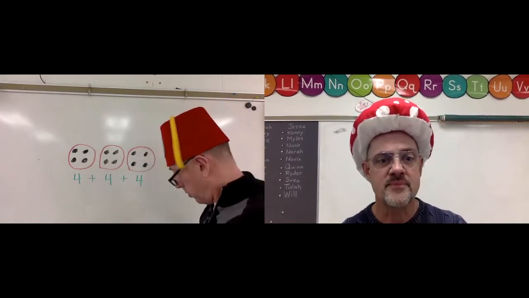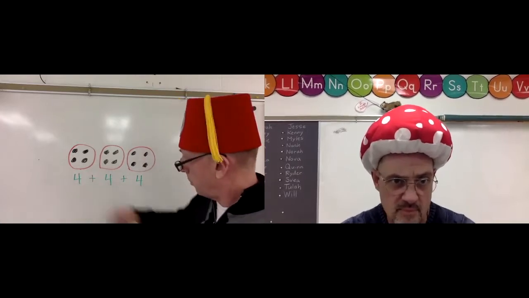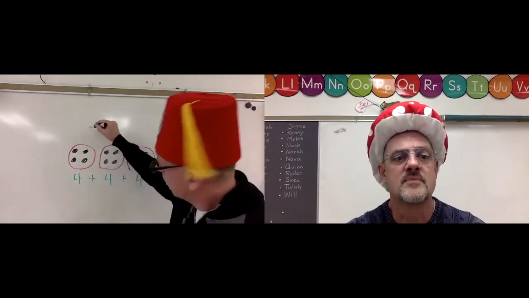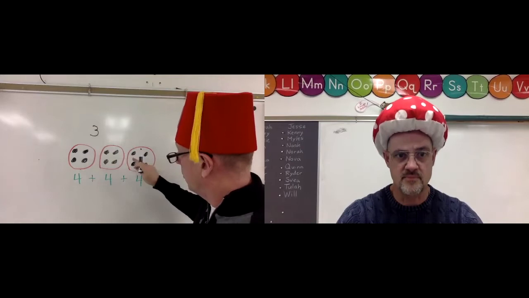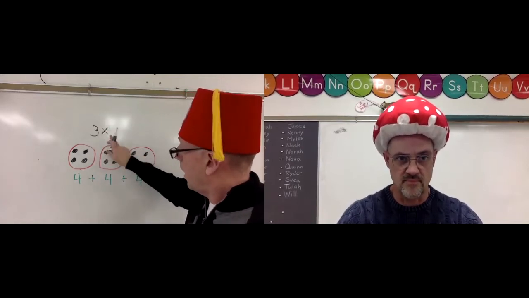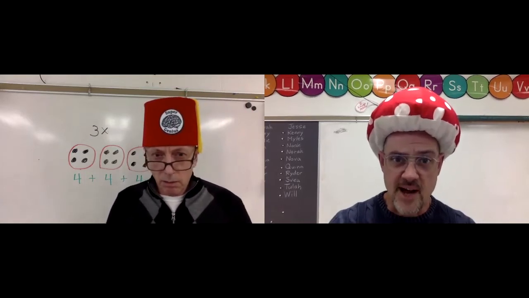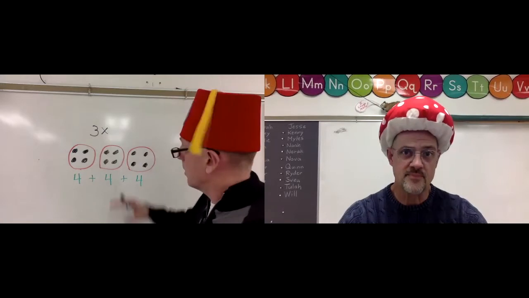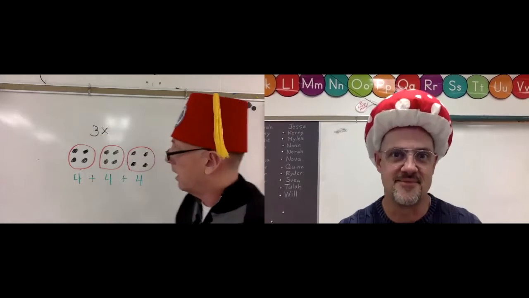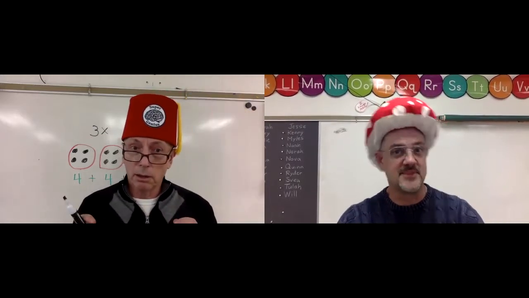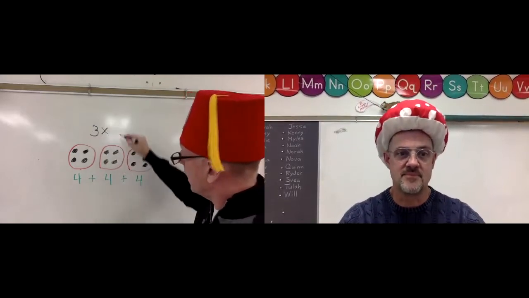Because here, Mushroom Guy, and then you can practice this in a little bit, if I have 3 groups, so I'm going to write 3. So this 3 represents the groups. So I have 3 groups times, and I use an X as the symbol for multiplication, okay? Is that an operation too? Yes. So you know adding and subtracting, now you know a third. Isn't that exciting? And you already know the equal sign. So we have 3 times 4 in each group.